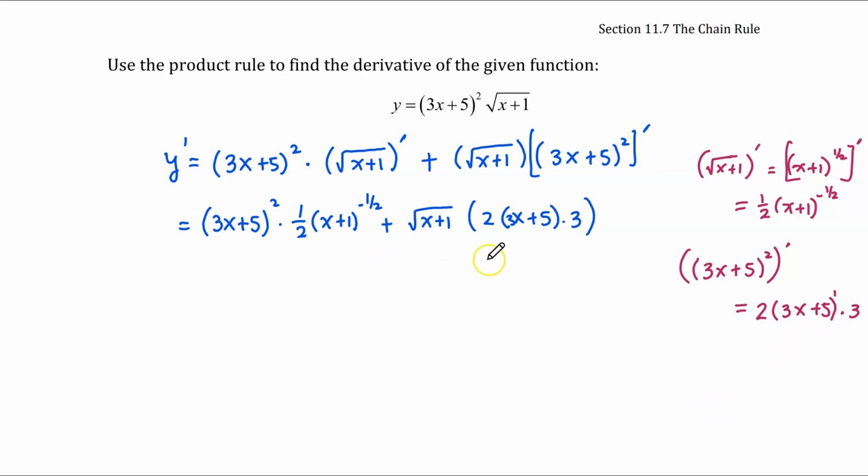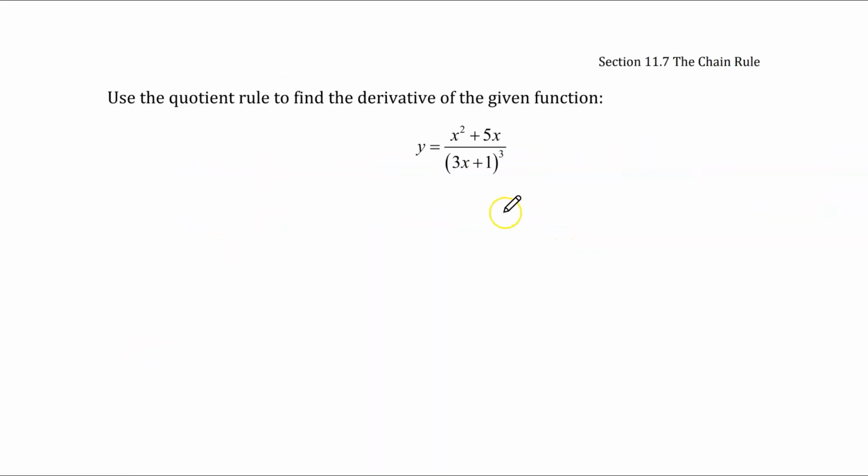Now, you can input your answer like this in your homework. Next example. Use the quotient rule to find the derivative of the given function. Now, if you recall the quotient rule, we have y prime is equal to low d high